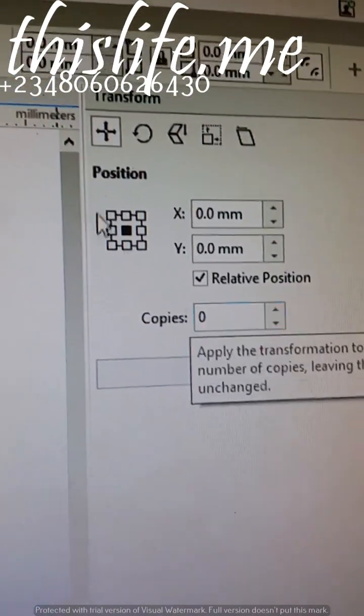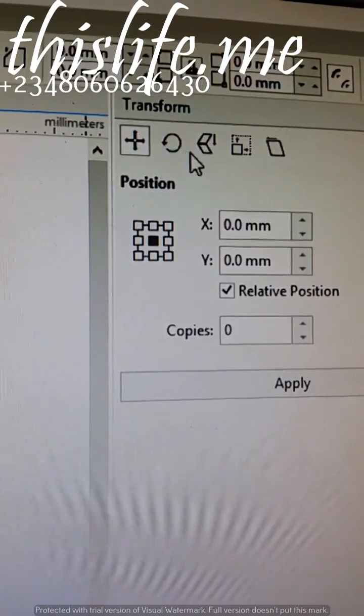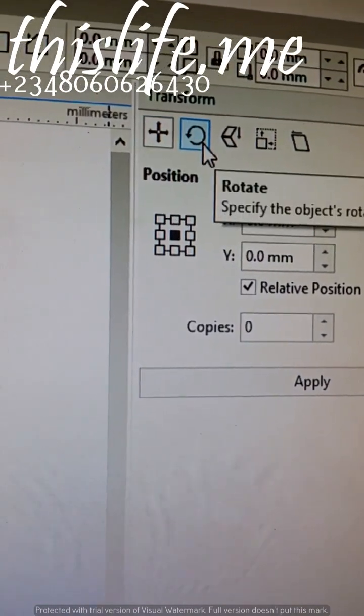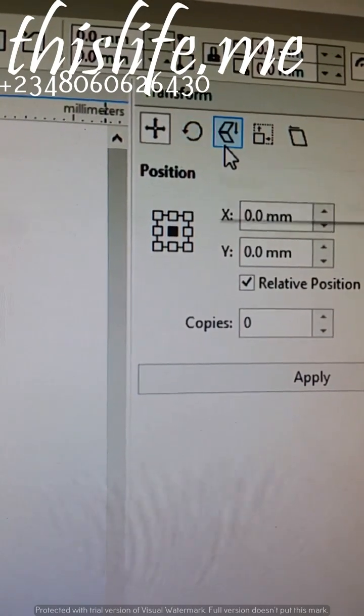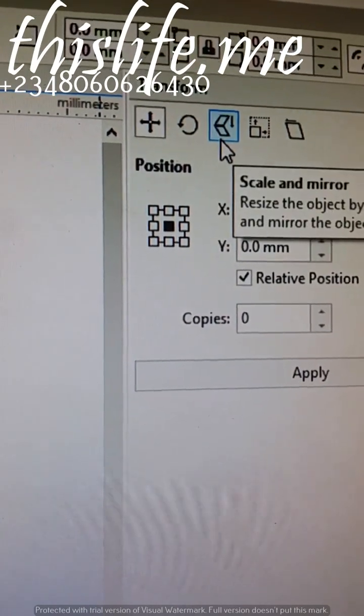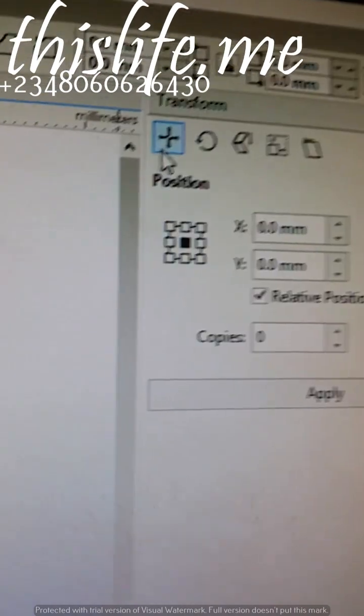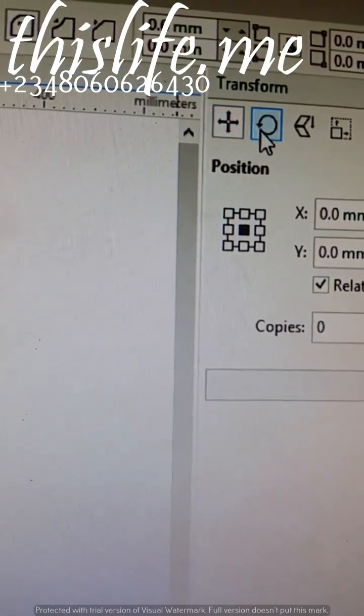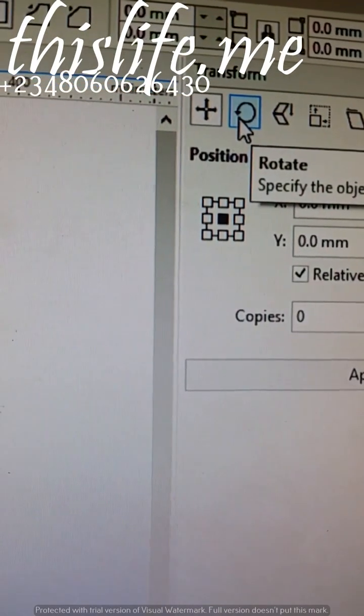You will notice some small icons. The first one is the position icon, the one on the left is the rotation icon, and the other one is the skew and mirror icon. The one that we need this morning is this rotation icon.